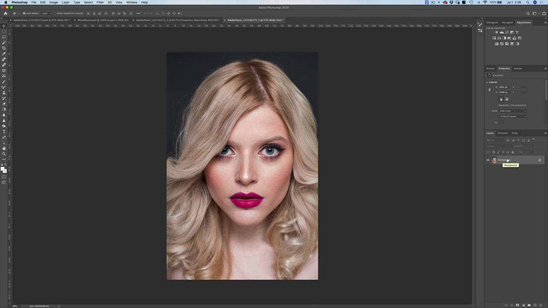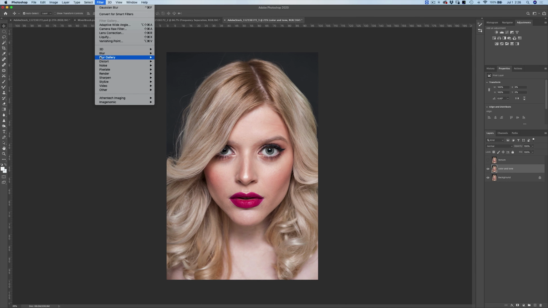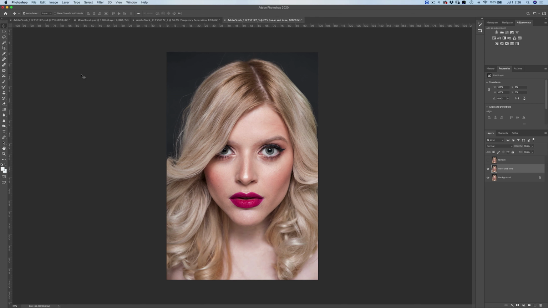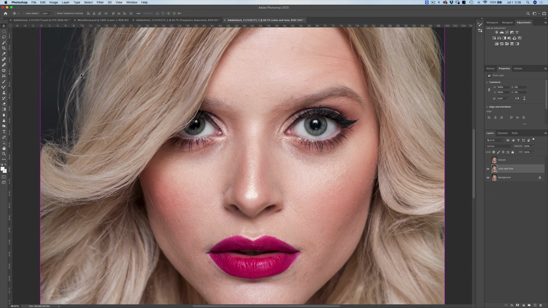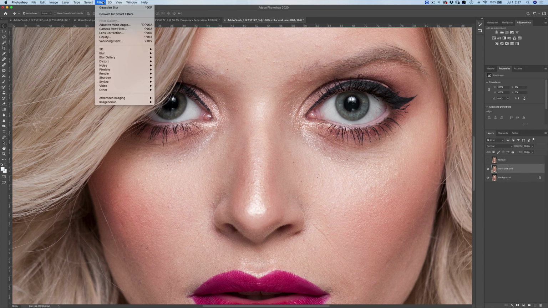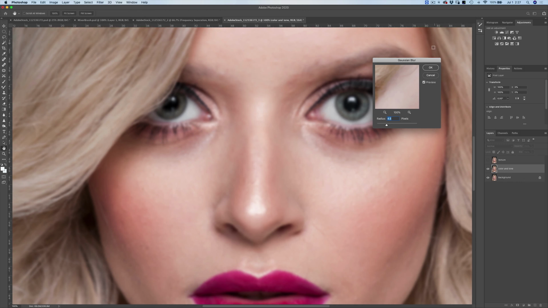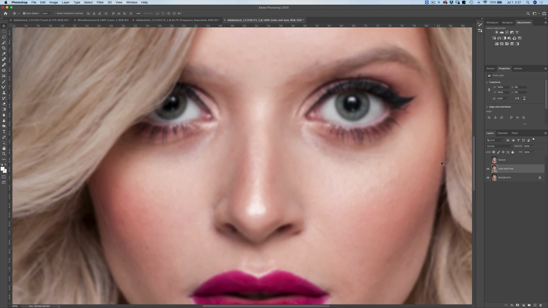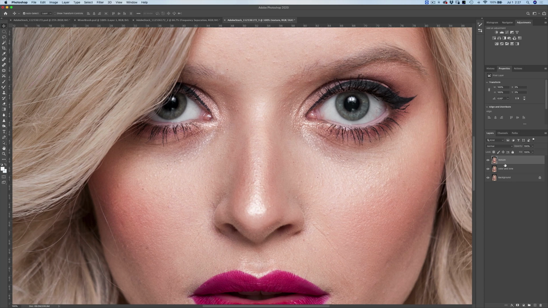So our first step is going to be, again, duplicating the background layer twice. We're going to call this color and tone. And then we're going to call this texture. We're going to turn the visibility of texture off, select our color and tone, come to Filter, Blur. Oops, I need to be at 100% zoom, right? Filter, Blur, Gaussian Blur, 4.5 radius, that's good. We'll turn the visibility of our texture layer on.